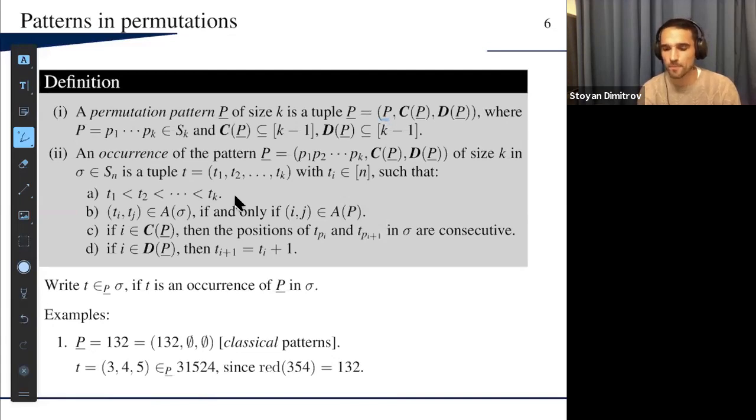Usually in the literature, when we say an occurrence of a permutation pattern, we mean a subsequence that is order isomorphic to the pattern, right? But here I use a slightly different definition just to be consistent with the previous work. But I can show that the first two parts of the definition are equivalent to having t_1, t_2 up to t_k